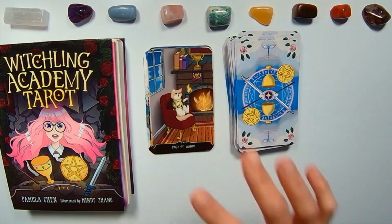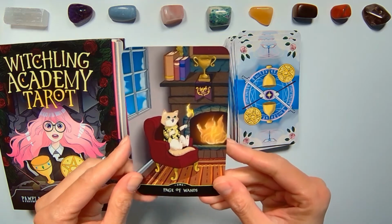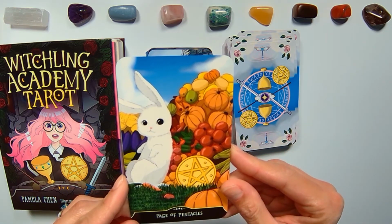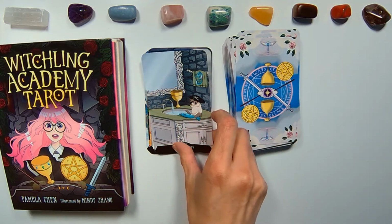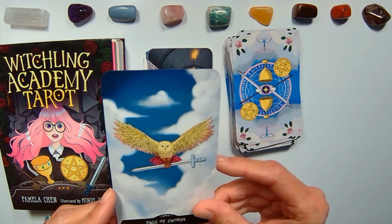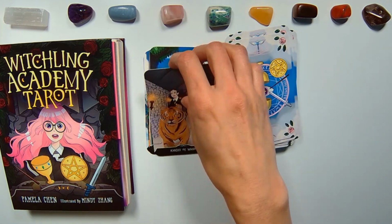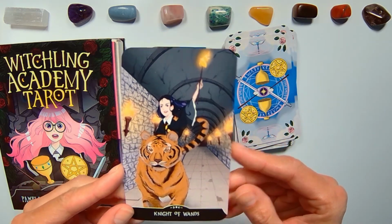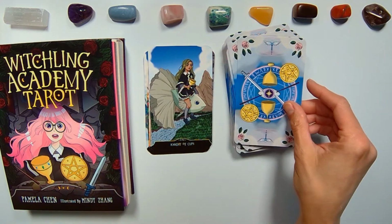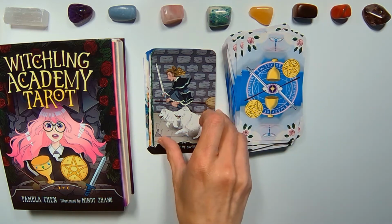Okay, so here are the court cards. You've got this cute Page of Wands, and cute Page of Pentacles, this cute Page of Cups, and this severe looking Page of Swords. You have Knight of Wands, Knight of Pentacles, Knight of Cups, Knight of Swords,